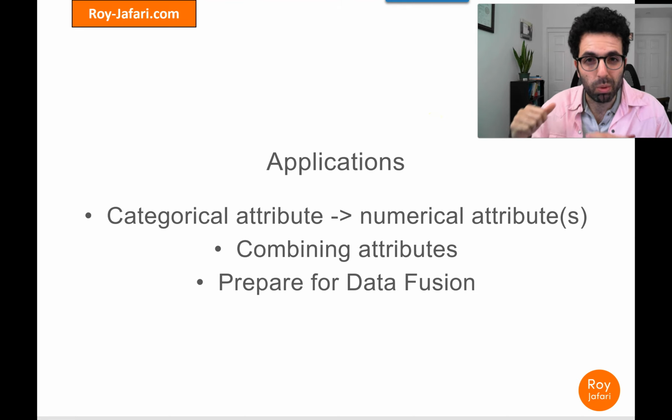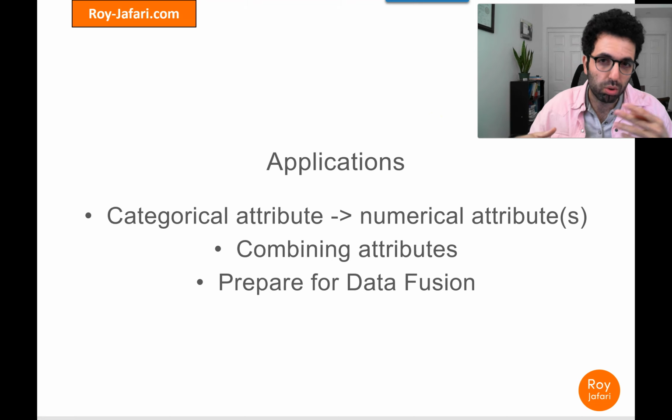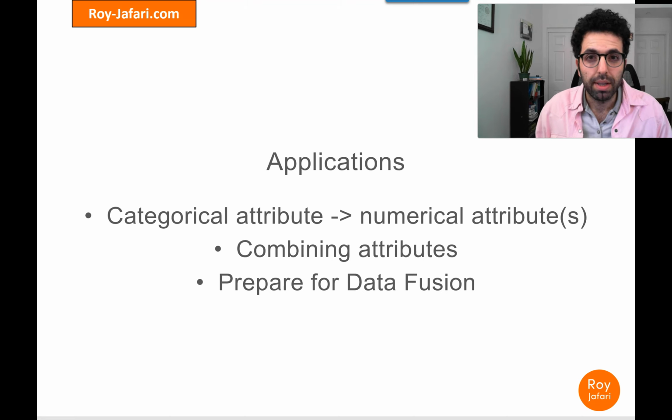The first one is when we want to move from categorical attributes to numerical ones. We did see that we've got some standard ways to go about this, but attribute construction is going to be a method that, if you're willing to make more assumptions, can actually do a better data transformation and create those numbers from the categorical